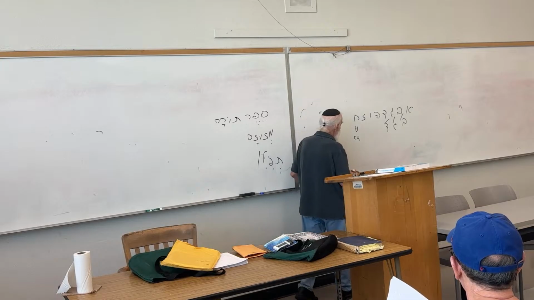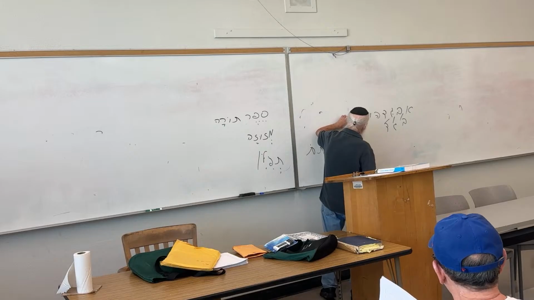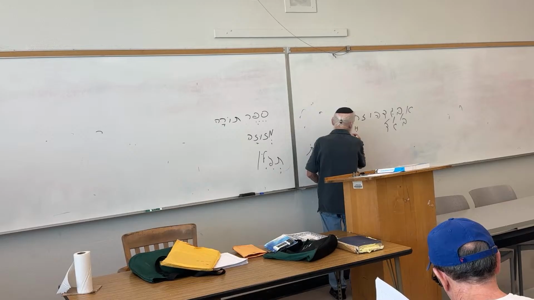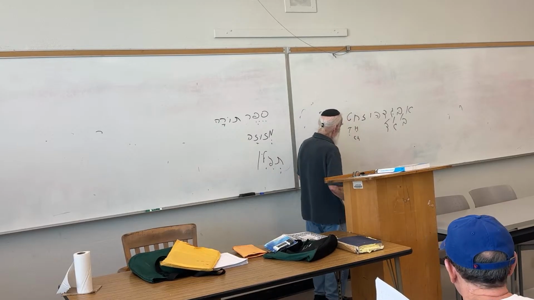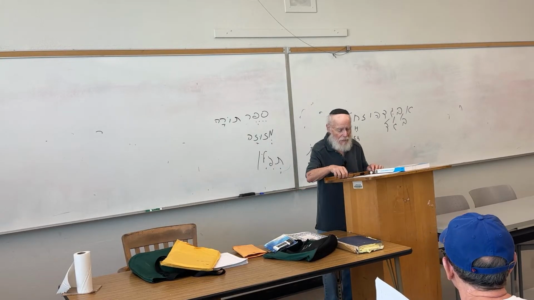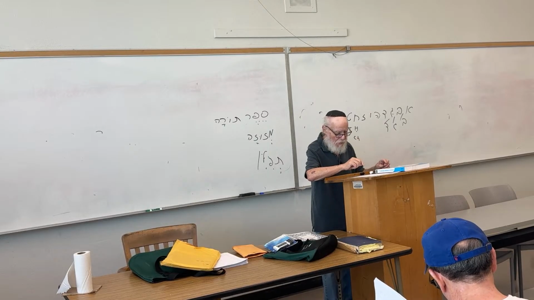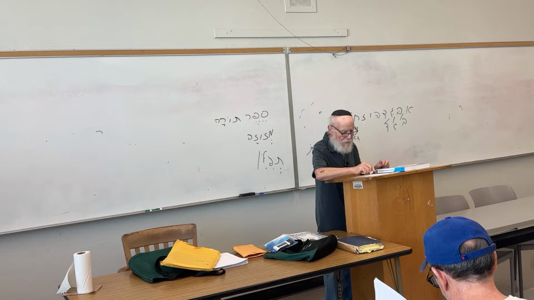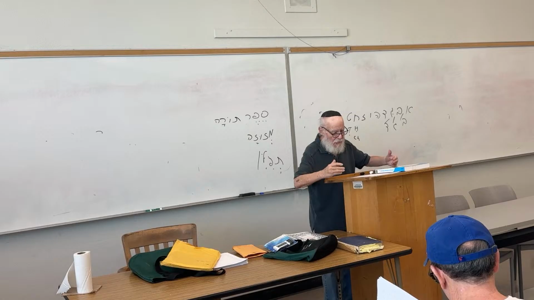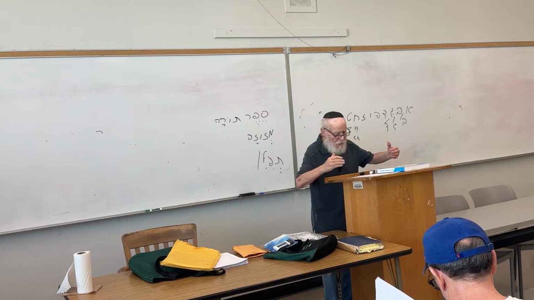The next letter is the tet letter. Again, notice how it's transcribed. Edna puts the letter T there. Zev Garber puts the letter T with a dot under it. And the reason is there is a distinction between letter number 9 and the last letter of the Hebrew alphabet. The last letter is called a tav. We haven't seen it yet. It's transcribed as a T. Letter number 9 is transcribed as a T. And the distinction is what? In pronunciation today, the two letters, different letters, are pronounced the same way.